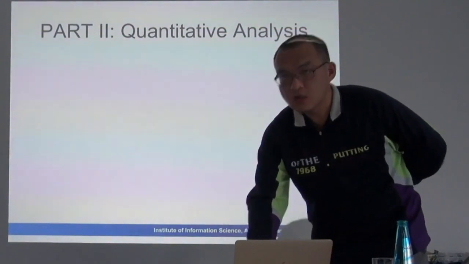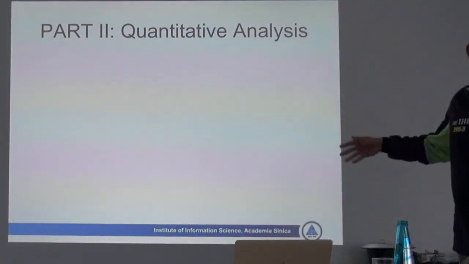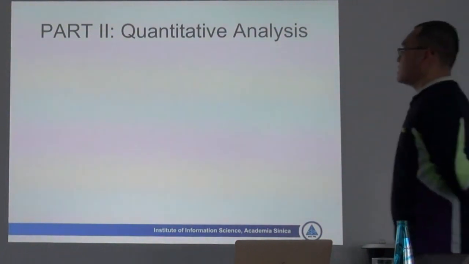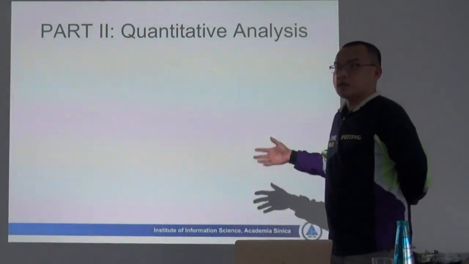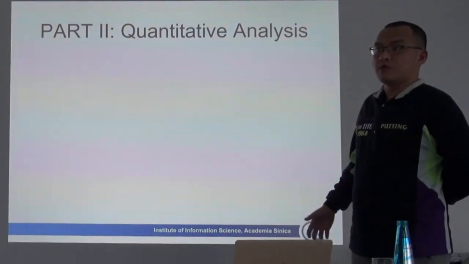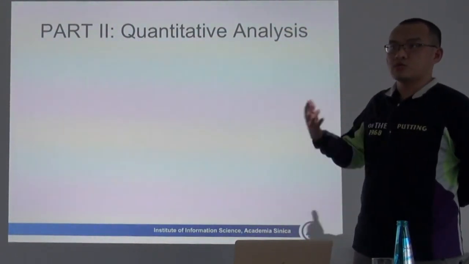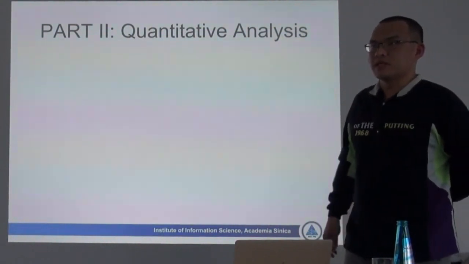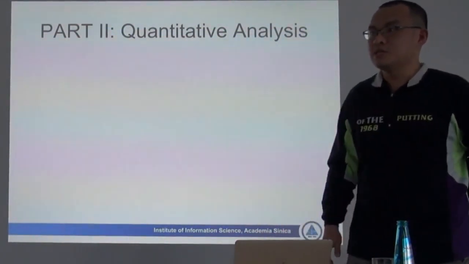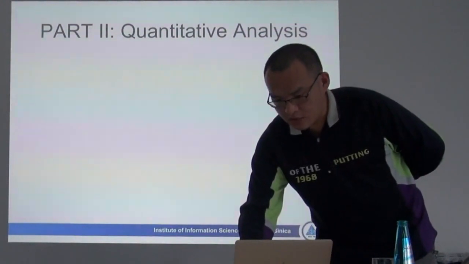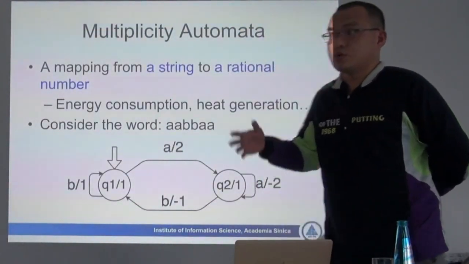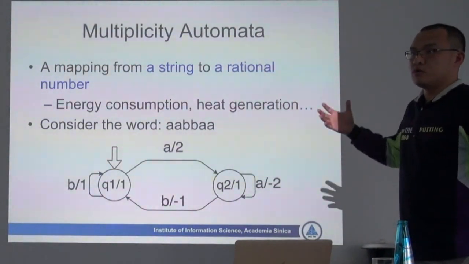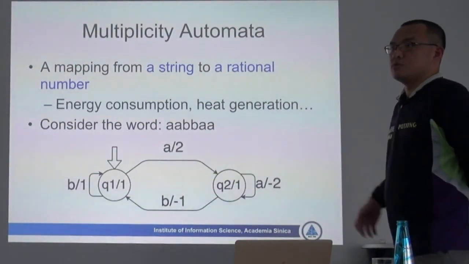So I finished the first part, the finite automata learning part. Now I will go to the quantitative analysis part, how to infer multiplicity automata. Basically, it's a mapping from strings to rational numbers, which is the part Zhifeng is interested in. But I will not go into the algorithm part. I will only show you what a multiplicity automaton is, what the structure of the learning algorithm is, and the link to the tool, so you can try it.